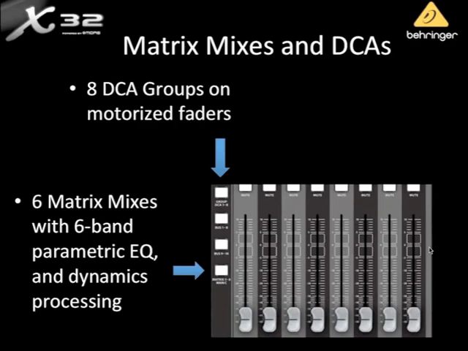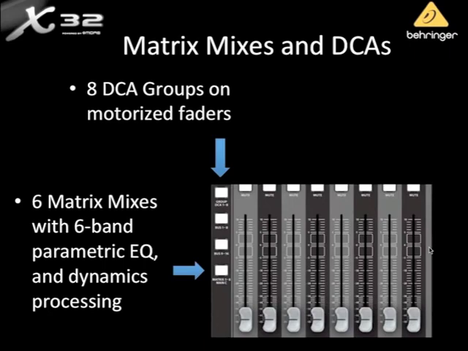In addition to those buses, we have the 8 DCAs, which we went over, and we have 6 matrix mixes. Matrix mixes on the X32, just like on most consoles, are going to be fed from a combination of subgroups. So if you're going to be using matrix mixes, you probably would have some subgroups, and the whole purpose of this is that it helps you create a really quick mix in a bind. Instead of having to create a mix out of 32 input channels, you can create a quick mix out of your subgroups. Very handy if you have to set up a quick feed for a video guy, or maybe